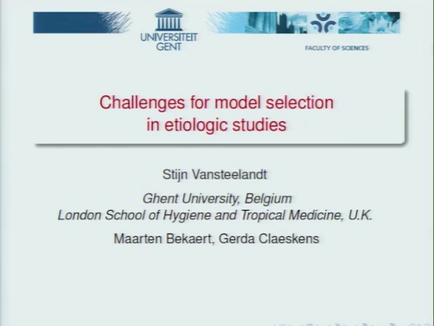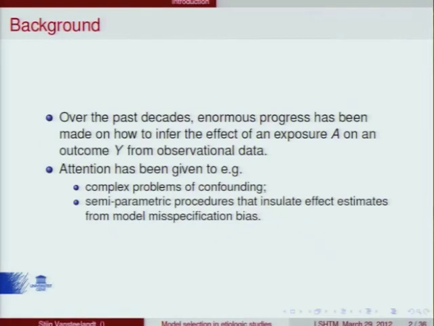And so I'll mainly reflect on what, from a causal inference point of view, I think are some of the concerns and issues when building models and also when selecting confounders. So let me give you a little bit of background. As you may know, over the past 2 or 3 decades, there's been a lot of progress in causal inference in thinking how to infer the effect of an exposure A on an outcome Y from both observational data, but also